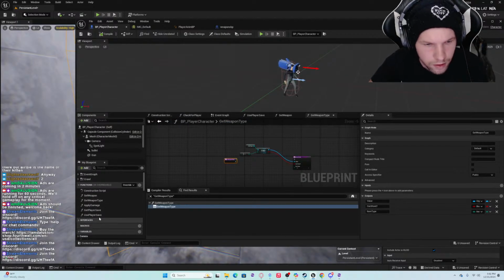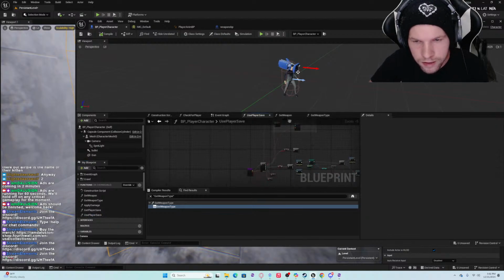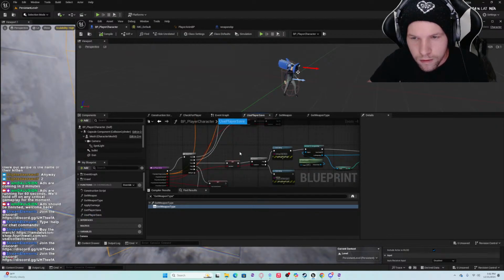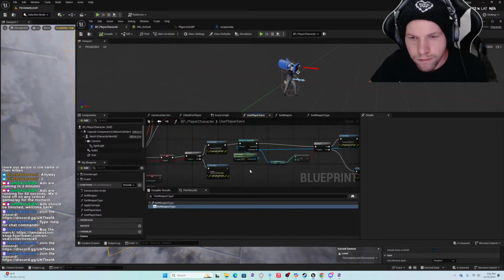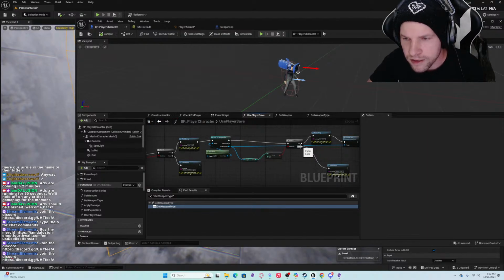Okay, so in our use player save, let's look at the gun. Maybe run an is valid node.